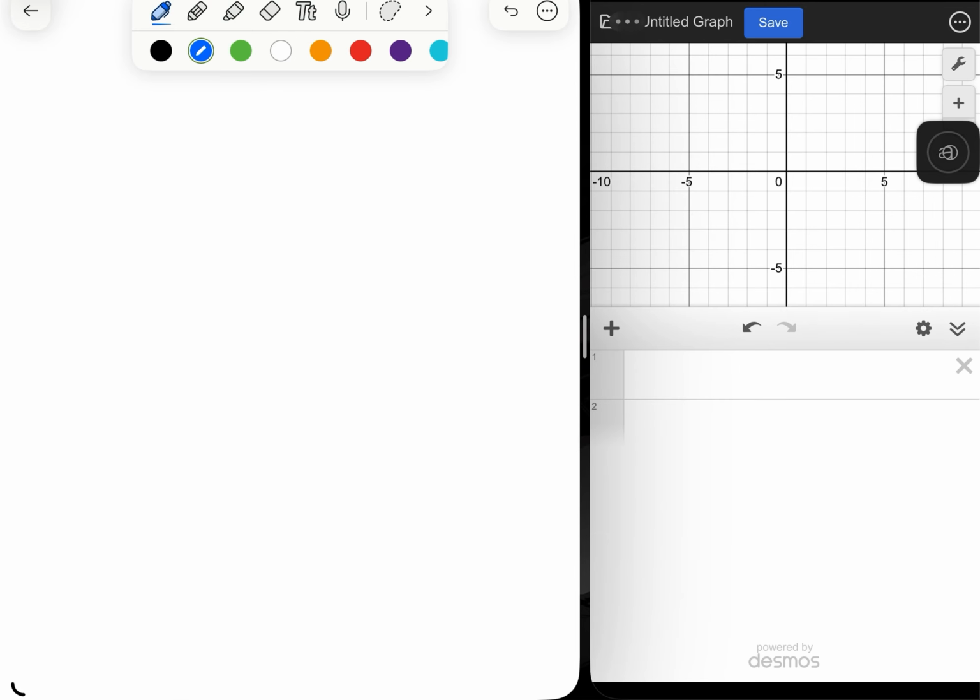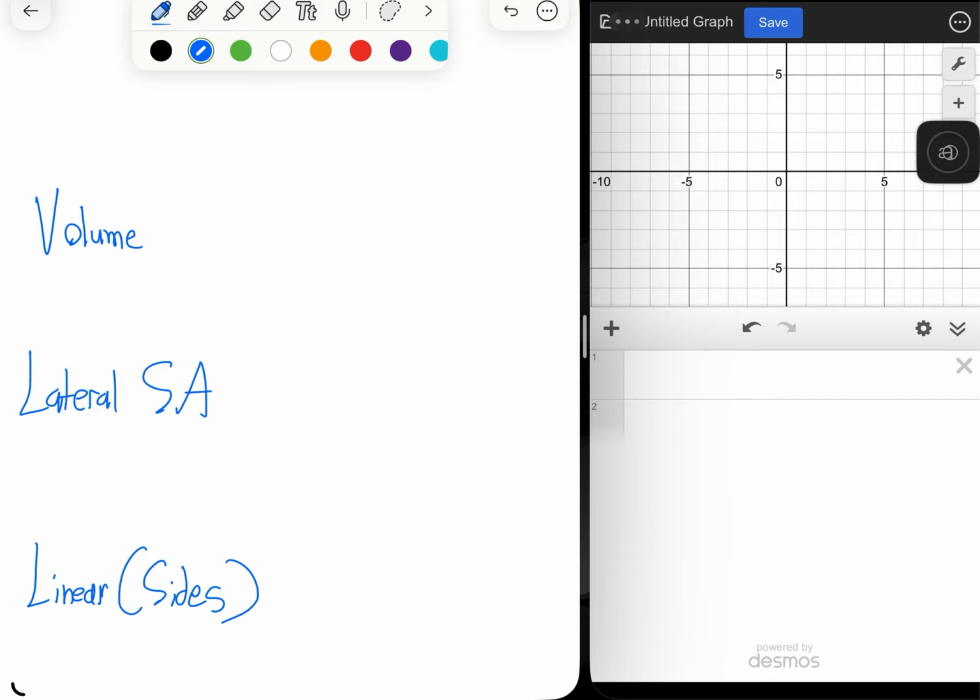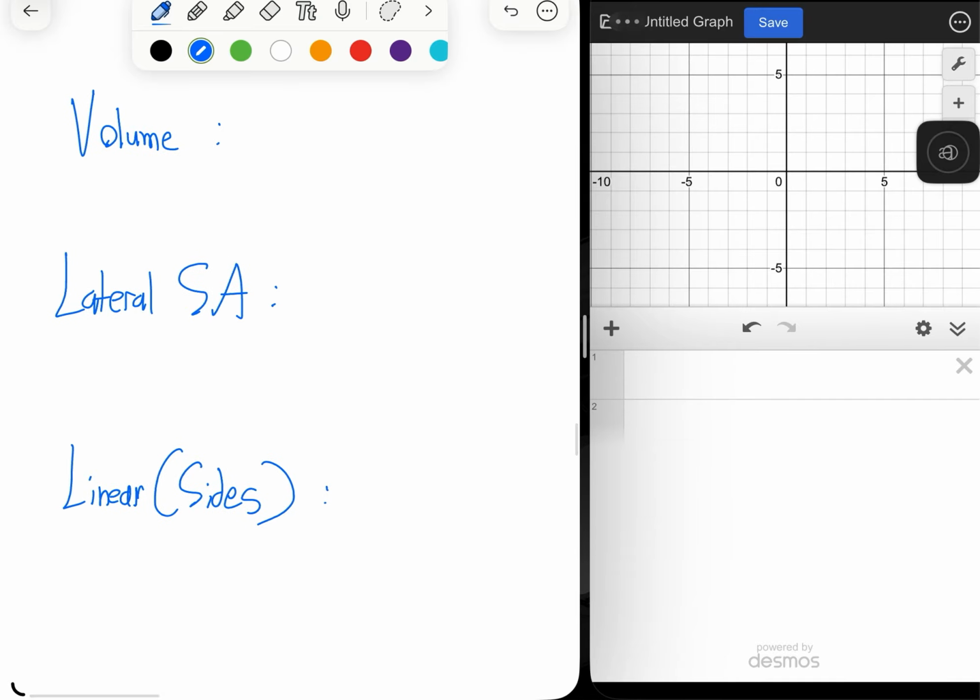First thing you should know is that you have three different entities here. You have volume, you have lateral surface area, which I'm just going to abbreviate as SA, and then you have the linear, or I'm going to call that the sides. So what am I doing? What is all this for? Well,